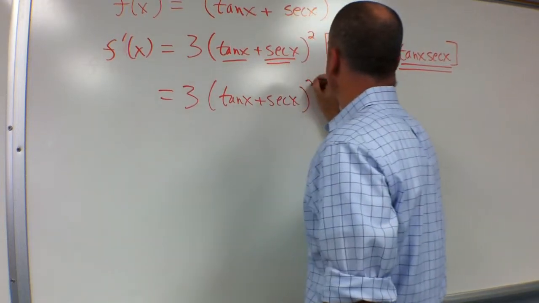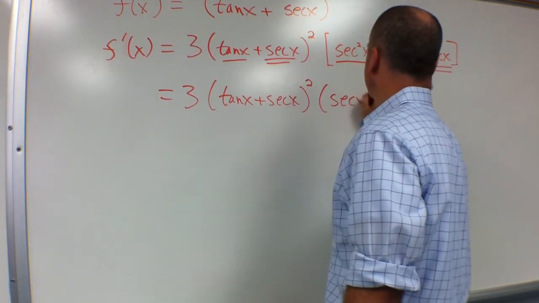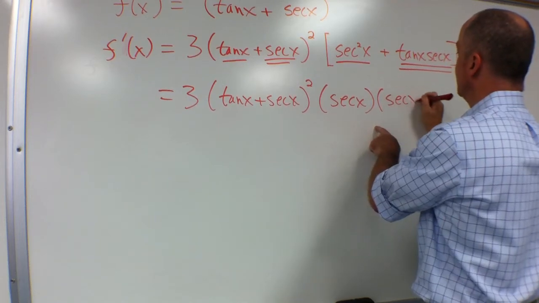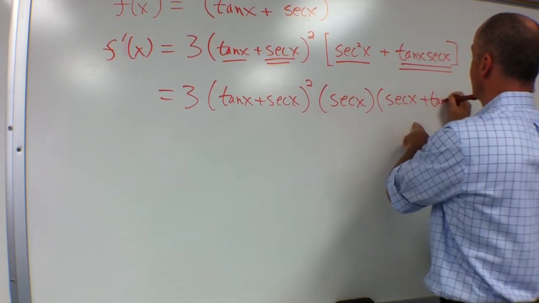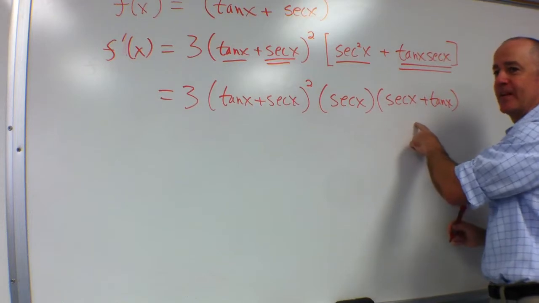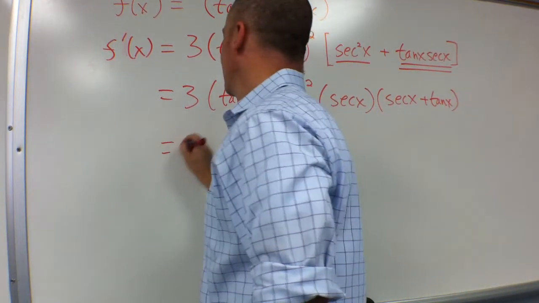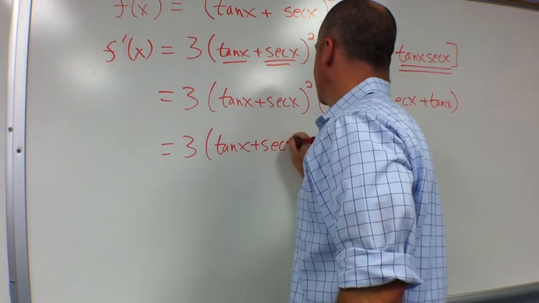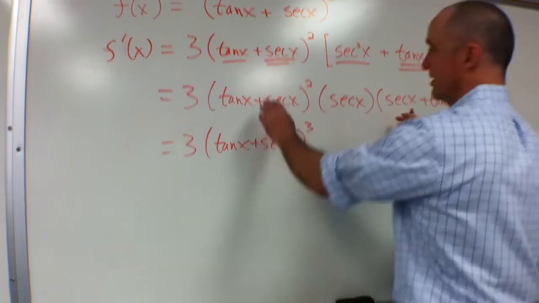Tangent plus secant x squared times secant x factored out of this, leaving me secant x plus tangent x, correct? Yep. So the back of the book would have 3 tangent x plus secant x cubed,